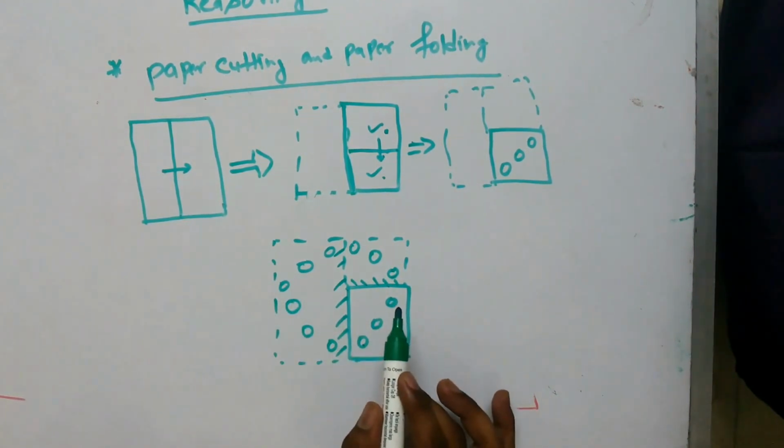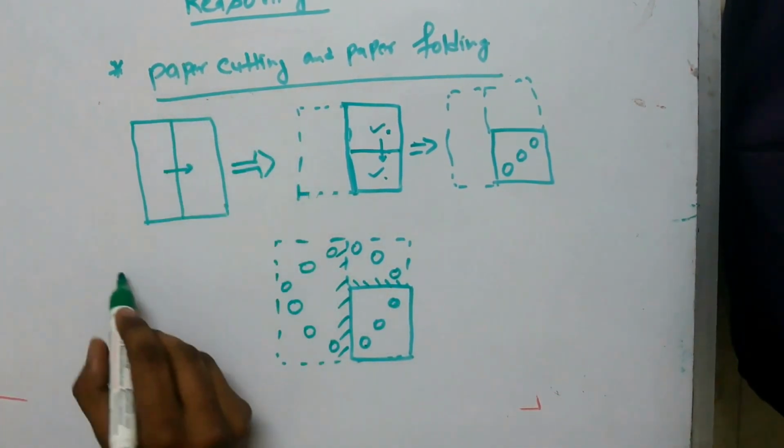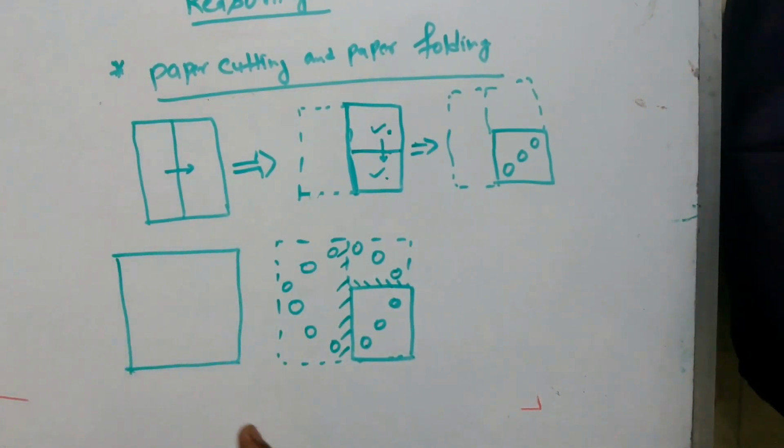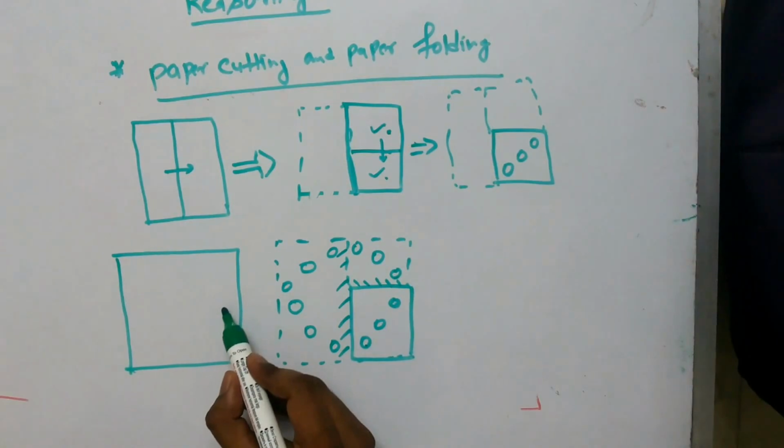So in our paper, if this is the paper and we unfold all the portions, how will it look like? This 3,